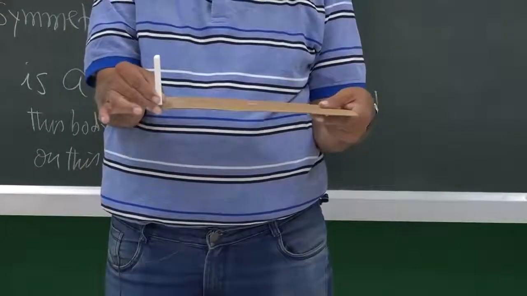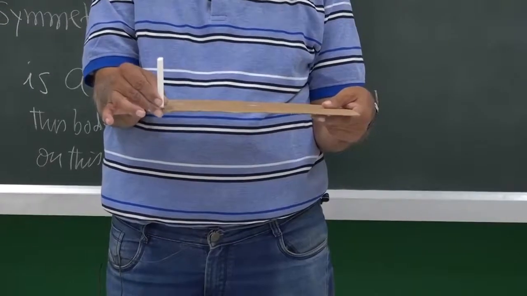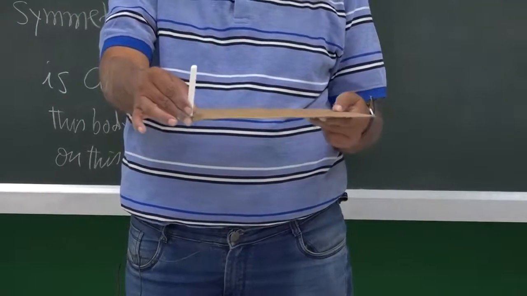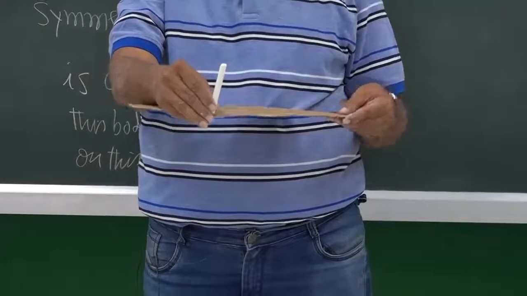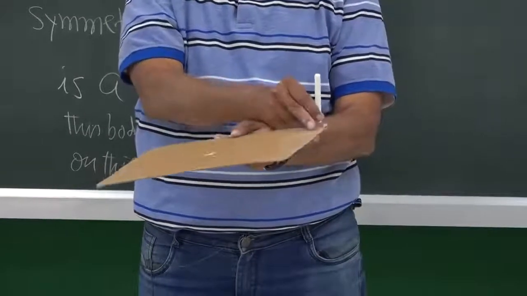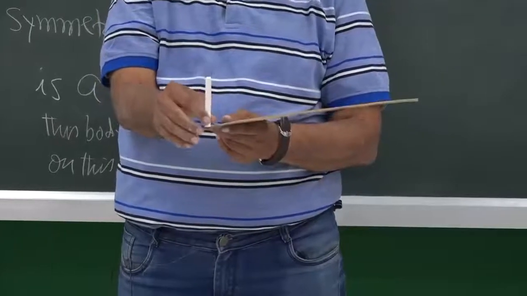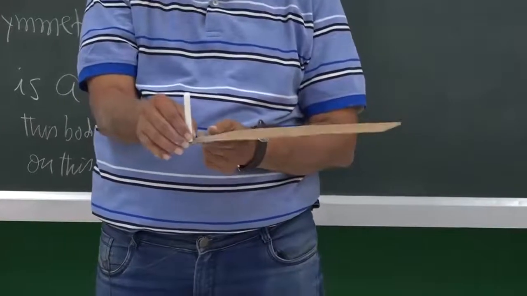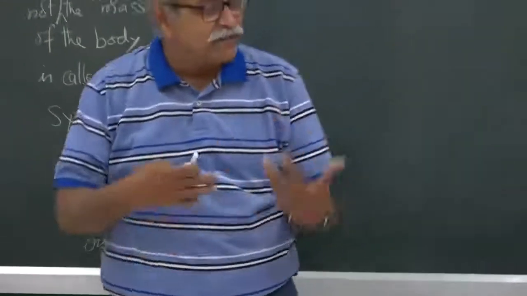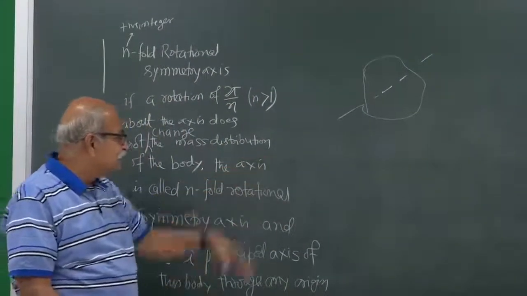But is this a rotational symmetry axis? No. If you rotate about this line, you will have to rotate all the way 2 pi, then only you will get back the same mass distribution. So, it is a principal axis, we have seen that in the calculations, but not because of this. There is yet another beautiful way. If that symmetry also exists, you can get the principal axis,